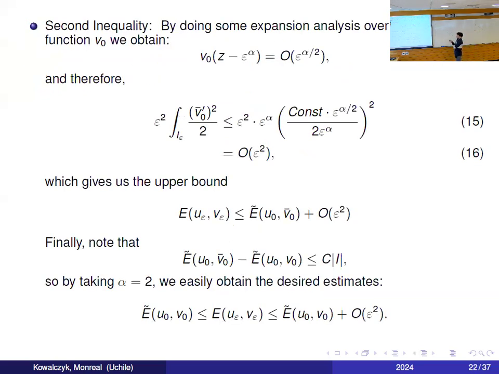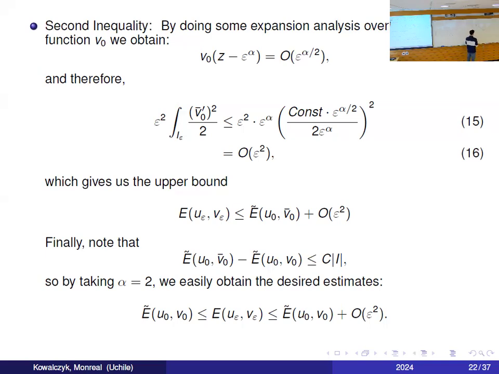And so to do that, we make some expansion analysis on V0, which we know explicitly, so we can do it and see that as epsilon goes to 0 from the left-hand side, it looks like the square root. That makes sense because it's a composition of the square root. We just said that it's a 1/2 Hölder function, just the square root. So we can prove this with expansion analysis.